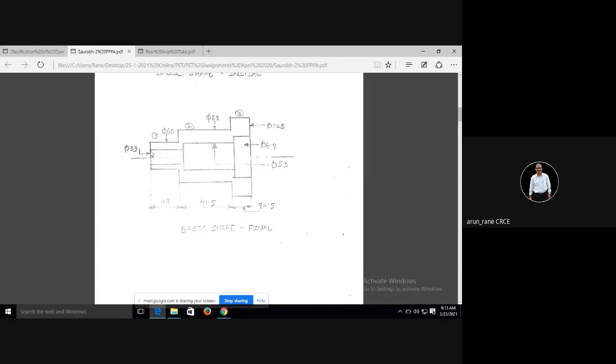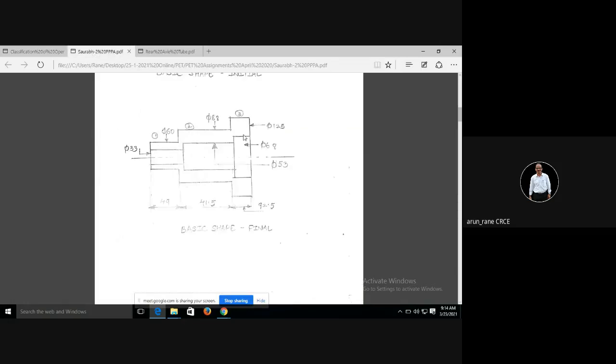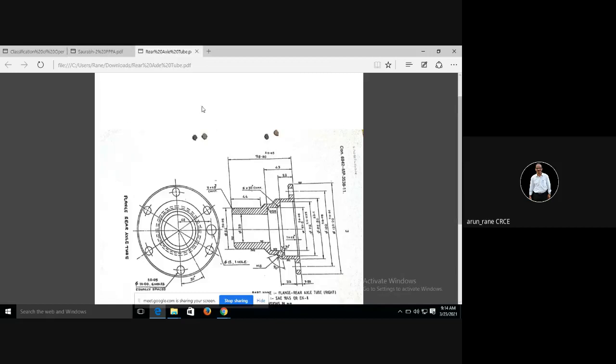Understand? For 38, he has kept this as 33, and this is 53. So 53 will be finished to 57.5, and then this is 68, which will be finished to this size 83. So that is what I mean.